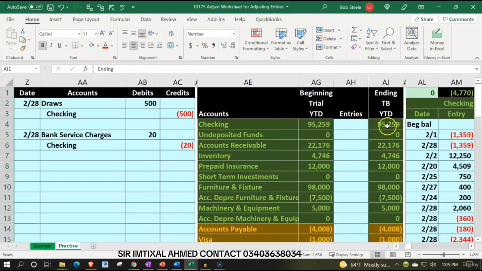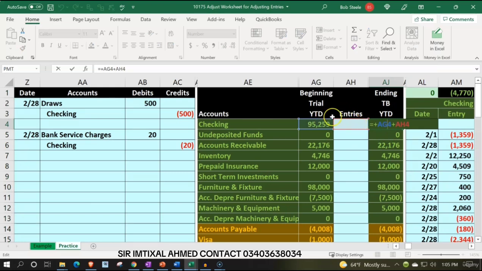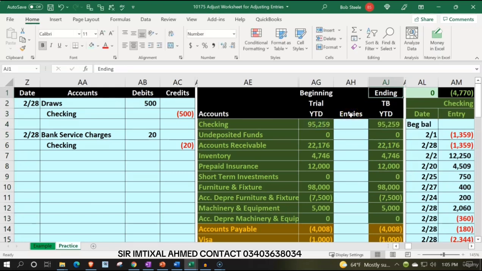These ending balances then are simply taking the beginning balance here and then adding the entries to it. Then I'm just going to adjust the names of this thing. I'm going to call the first item the unadjusted trial balance. And you could think about that, whatever accounting system you're using, you think about that. That's the trial balance that has been done after the accounting department has done all the normal type of data